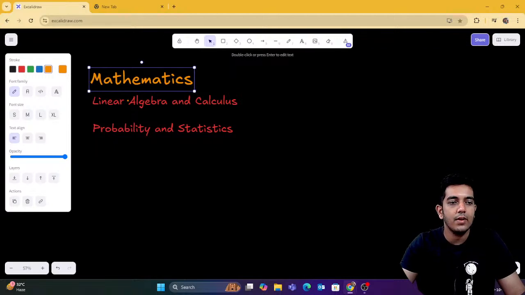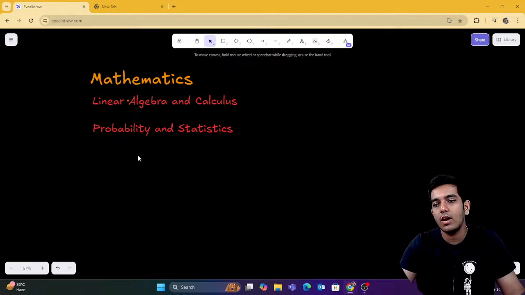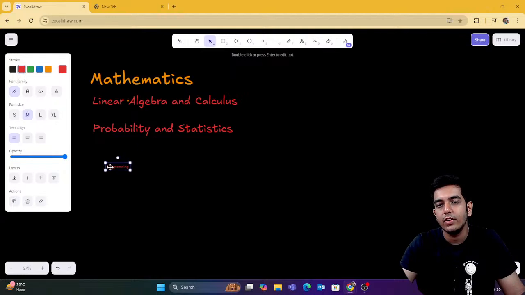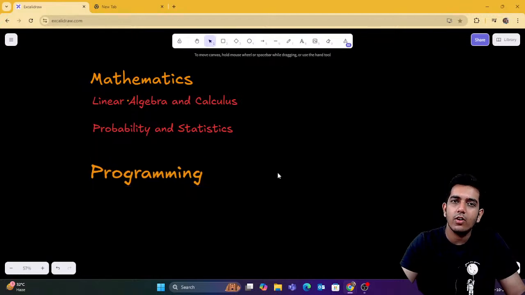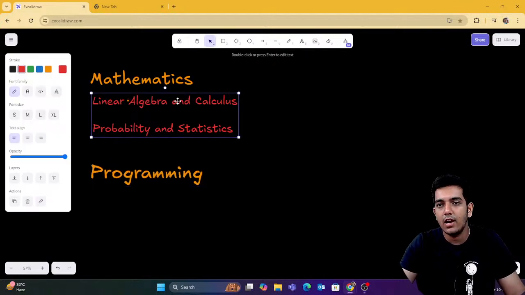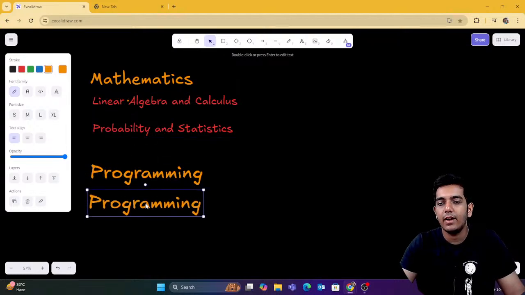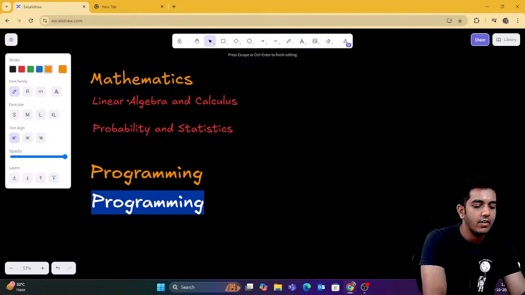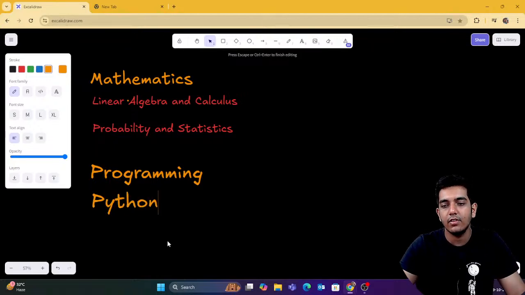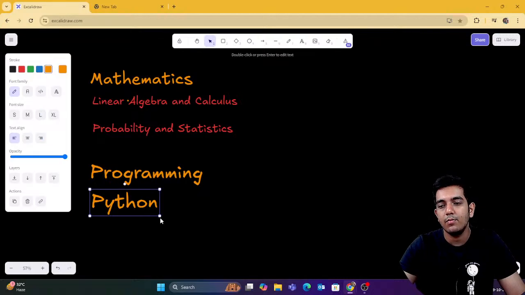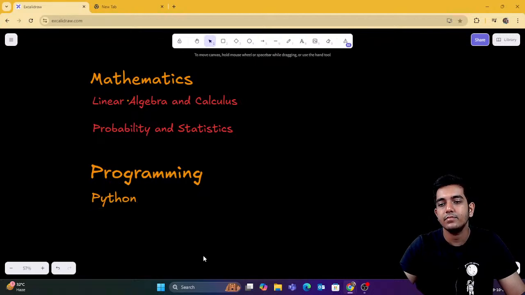So programming language, so you need to learn a programming language, which is what? We are going to either learn Python, or you are either going to learn R language. But generally I would suggest you need to learn Python, because Python is easy. Right now we don't have that much resources for R language, so you can go with Python. So you can learn Python programming language, right?